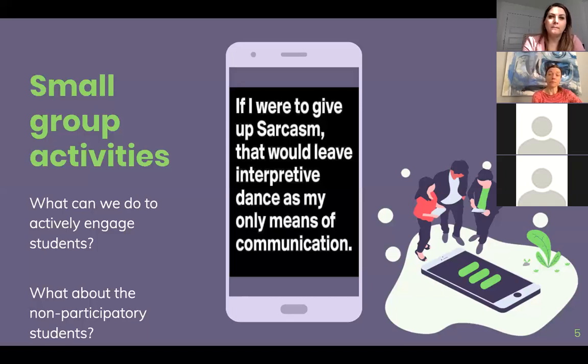And so, in similar ways, when you are leading online discussion forums or a Zoom chat, I think it's important that we find small ways to encourage different types of students to participate, so that many voices are heard within these small group activities.